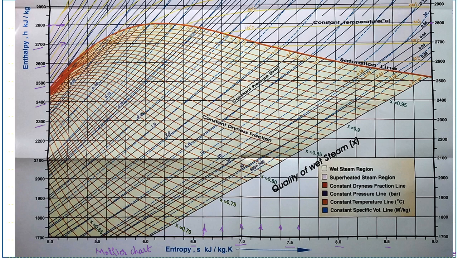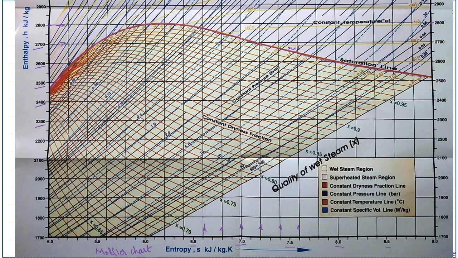Now we'll see one curve. So here there is one curve. Brown curve is shown here. So this curve shown here is nothing but saturation line, means this represents a dry saturated curve which was represented in the previous graph also. So this represents the dry saturated steam curve on which the dryness fraction is 1. So x value is equal to 1 on this curve.